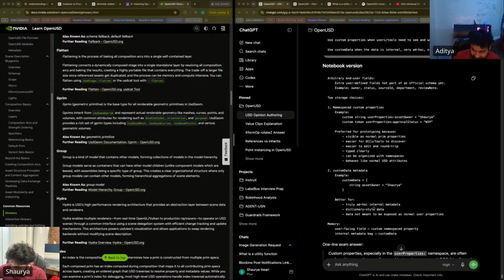So keep this in mind. For a user facing field, we use custom properties, custom namespace properties, and for internal facing metadata, the internal metadata bag is custom data.